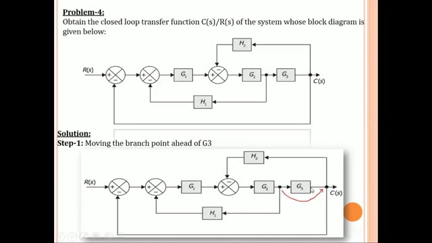So we can reduce these two into one block. G2, G3 will be connected in series, and if two blocks are connected in series, we can multiply the two paths. So by multiplying the two blocks, we can reduce them into a single block. Now looking into this, after reducing this block, here we have a feedback connection. The feedback connection is connected to the negative polarity, so again we can reduce this block into a single block. That single block can be connected with G1 in series. So again we can reduce these two blocks into a single block, right?